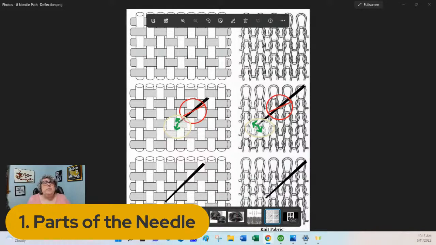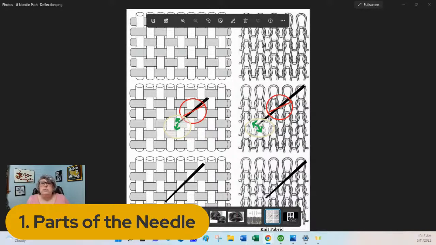If your needle point comes down to where the yarn of your fabric is, it is not going to try to power through that space. It is not going to try to punch through and separate those fibers. It's going to deflect.